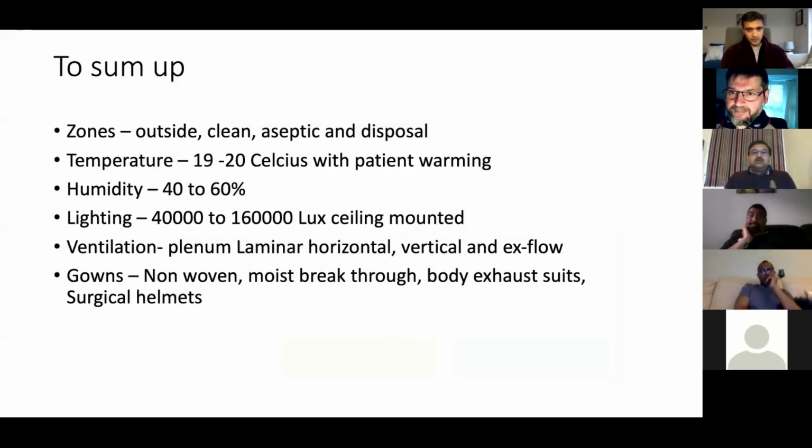To sum up, basically, if you're answering a question in the exam: sum up. Zones: outside, clean, aseptic, disposal, 4 zones. Temperature: 19 to 20 degrees Celsius in the theater with patient warming. Humidity 40 to 60%. Lighting 40,000 to 160,000 lux, ceiling mounted, not shadowless lights. Ventilation, the types of ventilation. Gowns, non-woven, use the terms mask, breakthrough, body exhaust